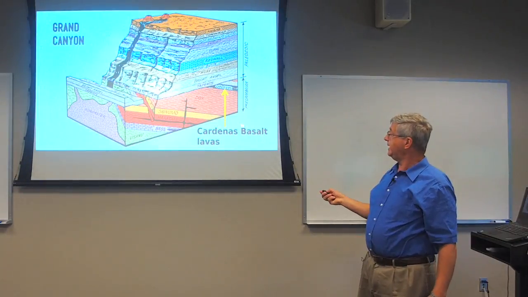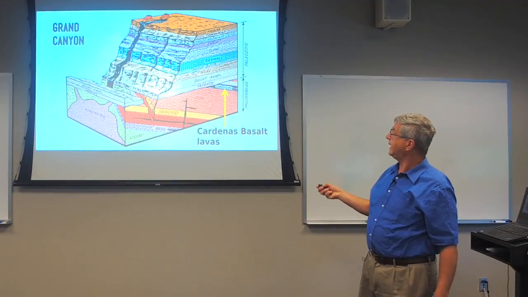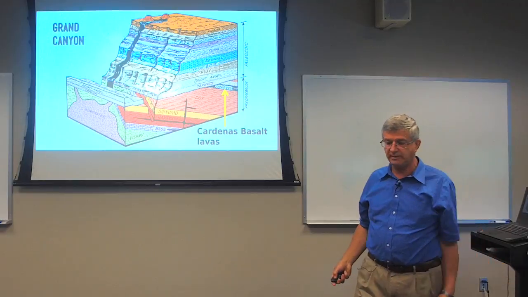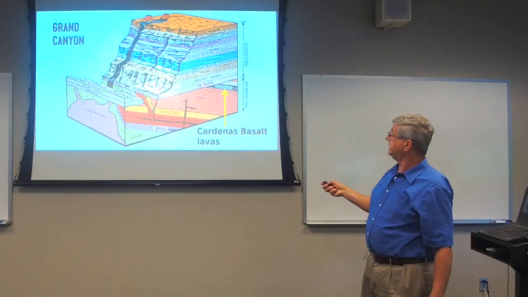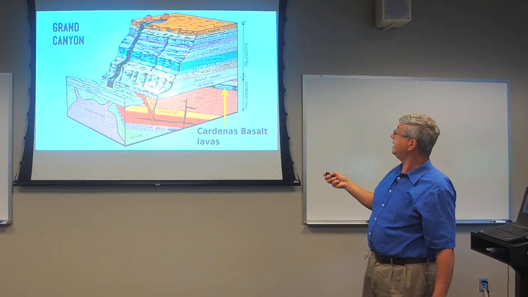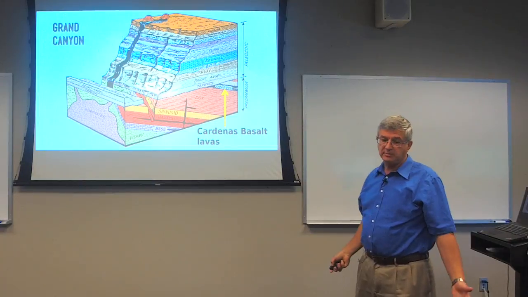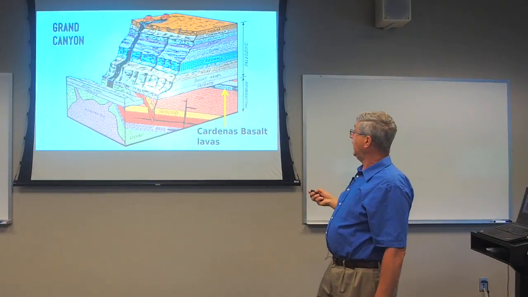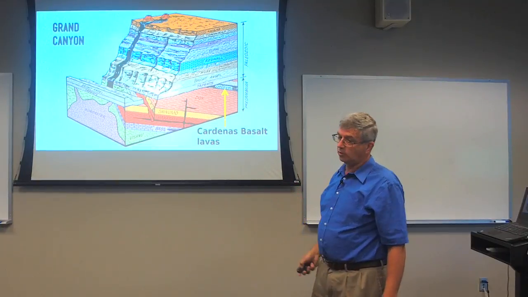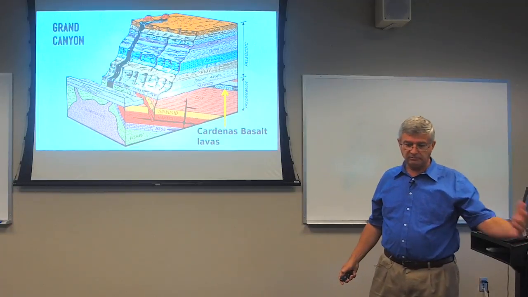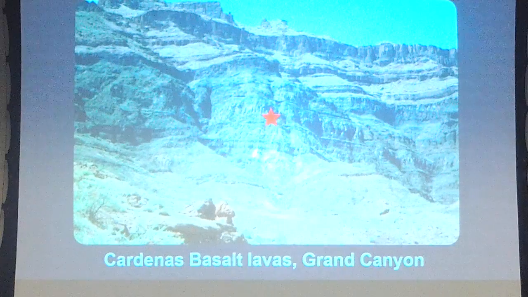So down the bottom of the canyon, we've got these Cardenas basalt lavas. They're interbedded with these Precambrian sediments, which I'm going to talk a bit more about on Thursday morning. But these are pre-flood rocks. Here's the beginning of the flood sequence, which the horizontal layers that are fossil bearing making up the canyon. And so these are ancient by anyone's determination, and very much older than these more recent lava flows that were erupted after the canyon formed. So here are these Cardenas basalt lavas,